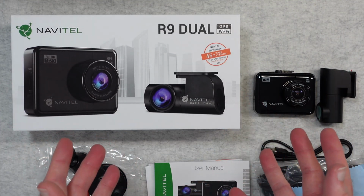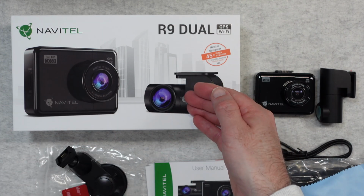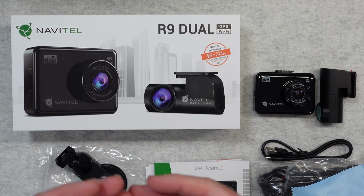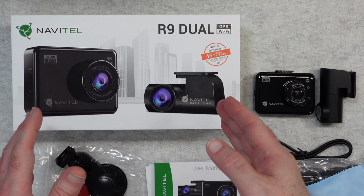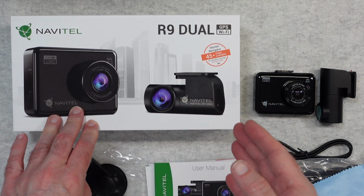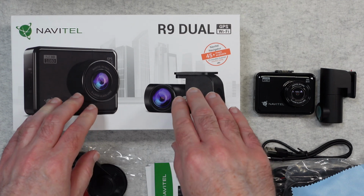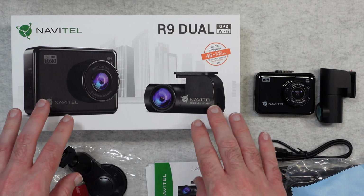Now, why would you want a dash camera? Well, of course, this records out the front of your vehicle and also inside the cabin of your vehicle. So if you were unfortunate enough to either be involved in or witness to a road traffic accident, then you have got some video footage that could potentially be used as evidence. And also some insurance companies, not all, but some motor insurance companies will give you a discount if you have